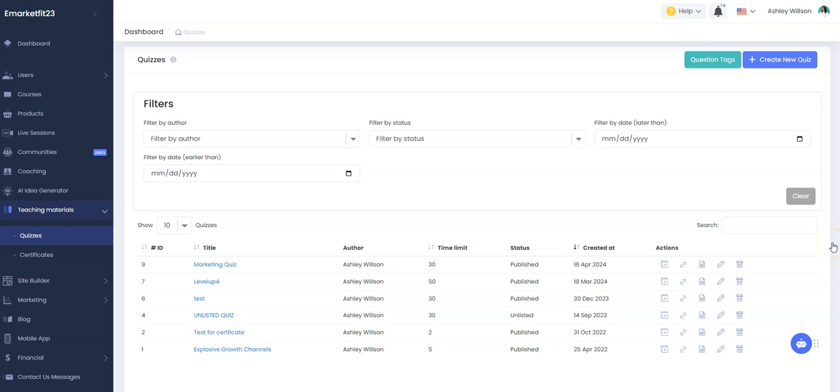Today we're diving into a topic that many of you have been asking about, enabling points for quiz categories. Points can add an element of competition and engagement to your quizzes, making them even more exciting for your audience. Whether you're using quizzes for educational purposes, marketing, or just for fun, points can be a great way to motivate participants and keep them engaged. So if you're ready to take your quizzes to the next level, make sure to stick around and watch the